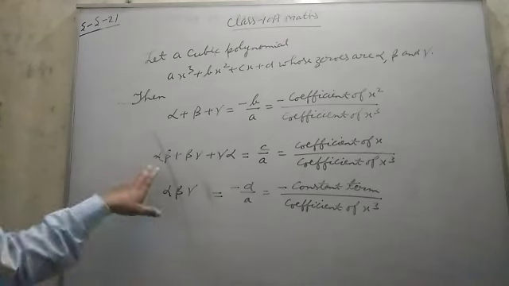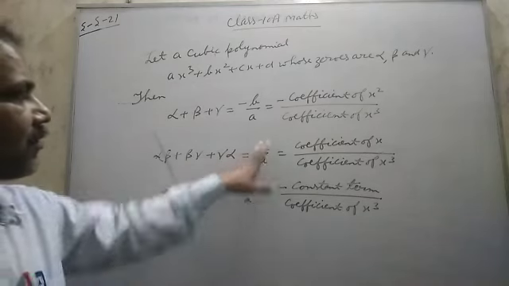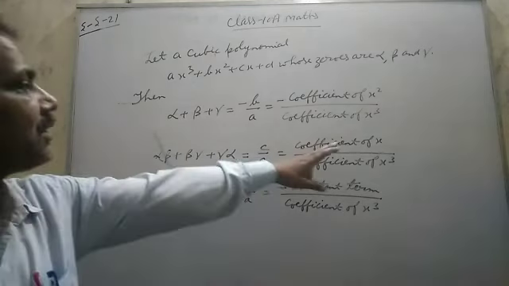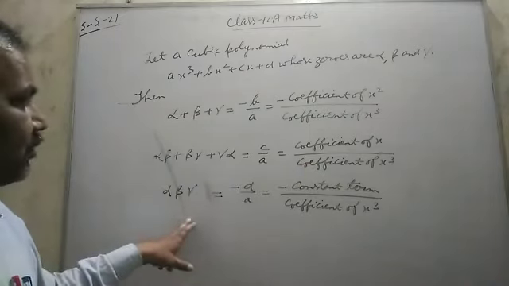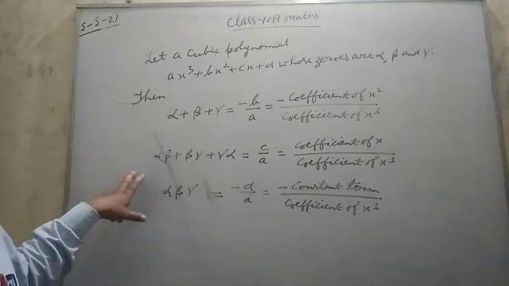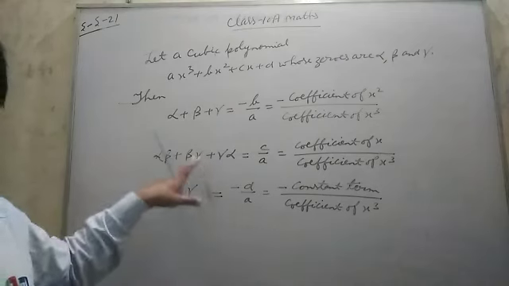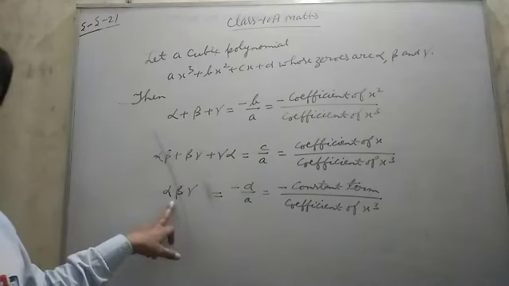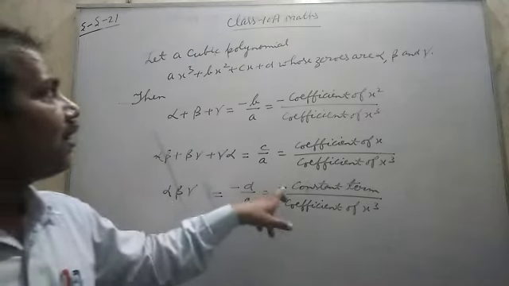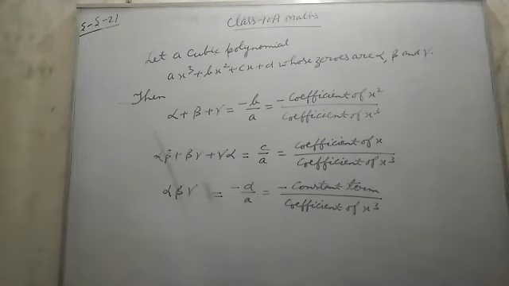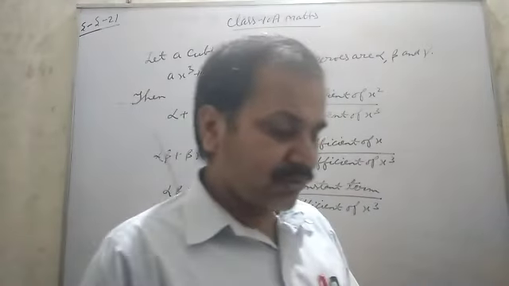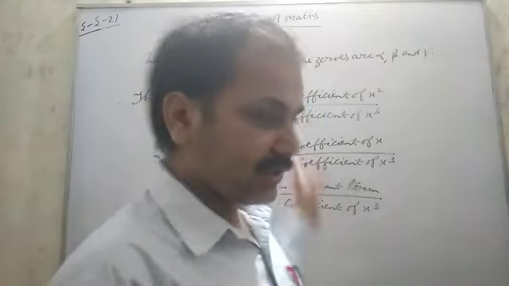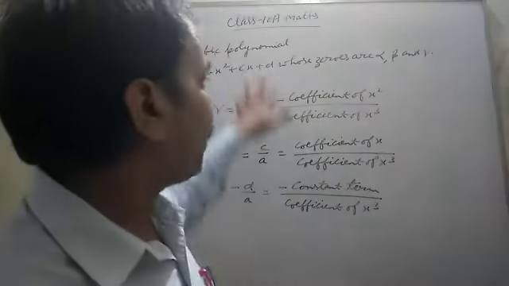Okay, then alpha beta plus beta gamma plus gamma alpha is equal to c by a, equal to coefficient of x upon coefficient of x cube, and alpha beta gamma is the product of zeros, and this is the sum of zeros taken two together. Okay, and this product of zeros is minus d upon a, so minus constant term upon coefficient of x cube. Understood? So in exercise 2.4, question 1, their second part is based upon this.